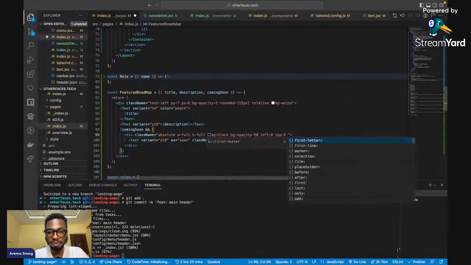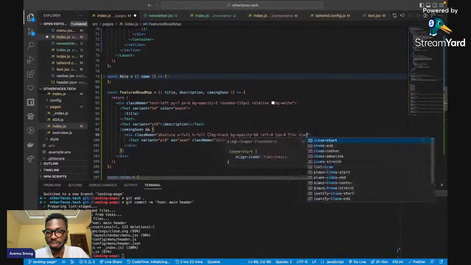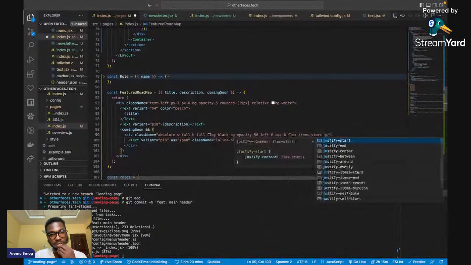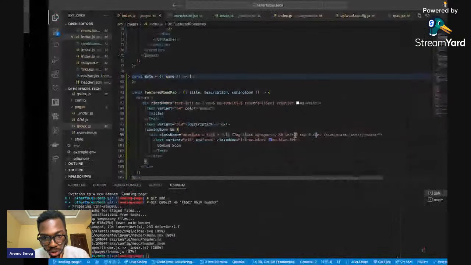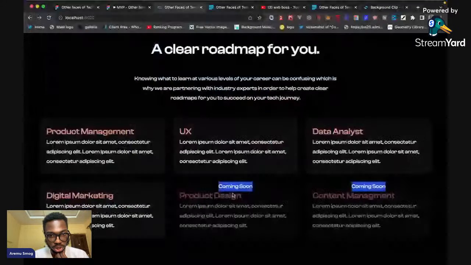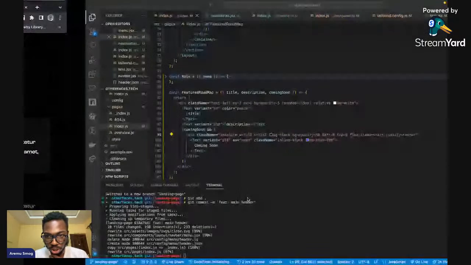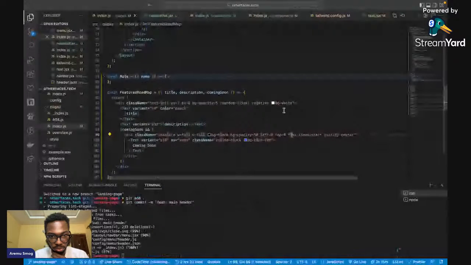So then I'm going to make it flex. Items center. This is just to ensure that I can center it. Justify center. Save it up. Okay, it's not really working. So what's happening? Inline block. Okay, don't worry. Then let's do